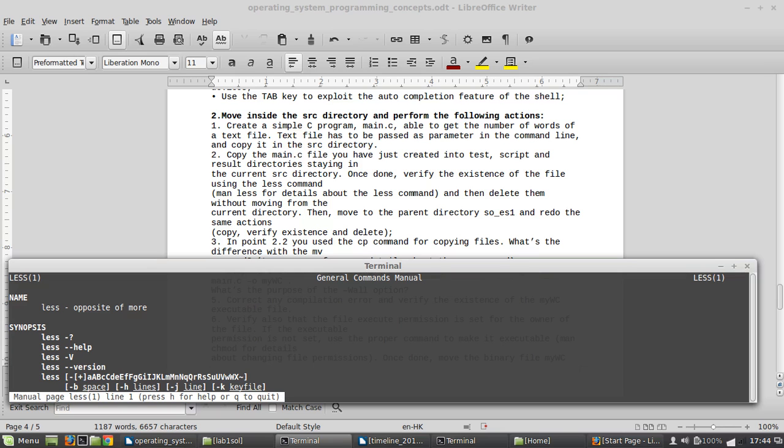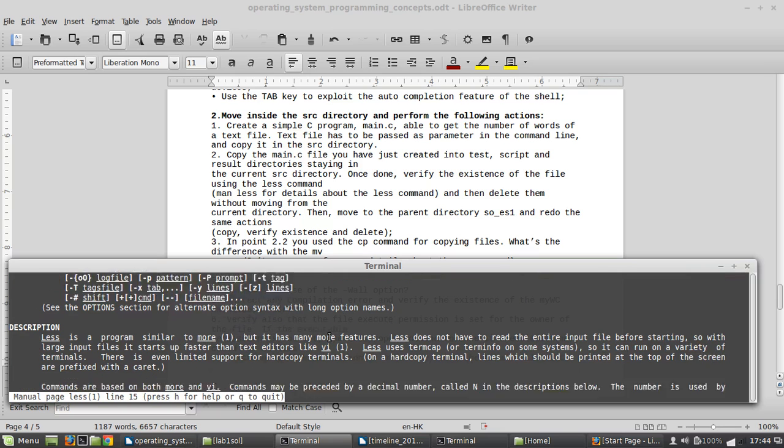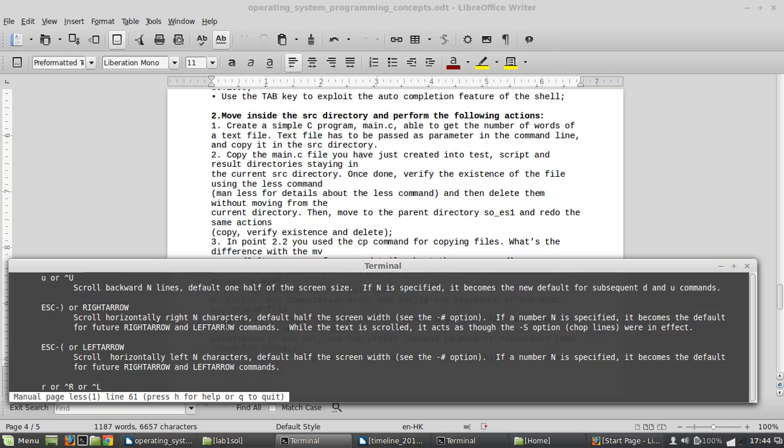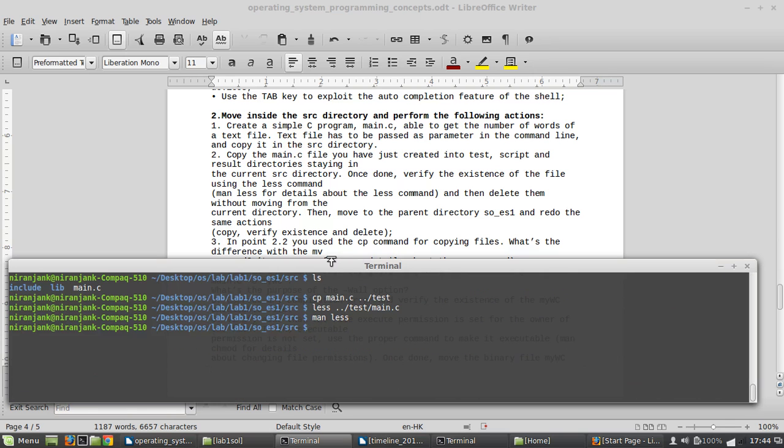And for man less, you can check it out, it's the opposite of more. What it does is it just displays the entire input file. It's a program similar to more, but it has many more features. This is the use of this command, and you can check out more features here. Okay, now let's copy main.c